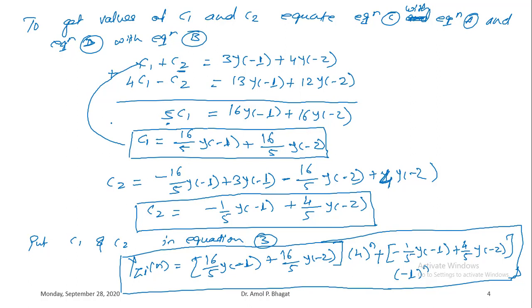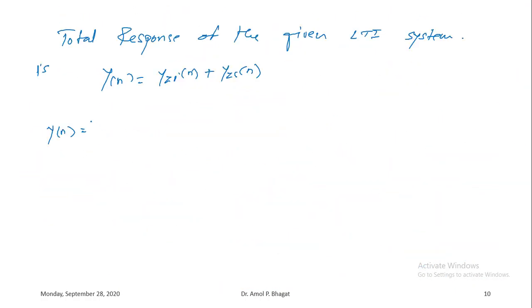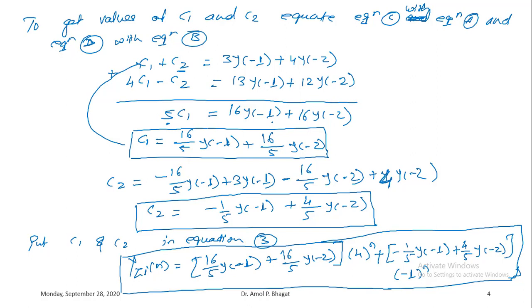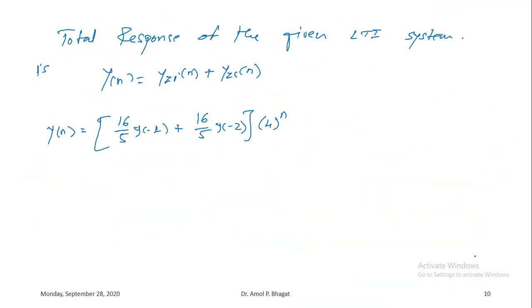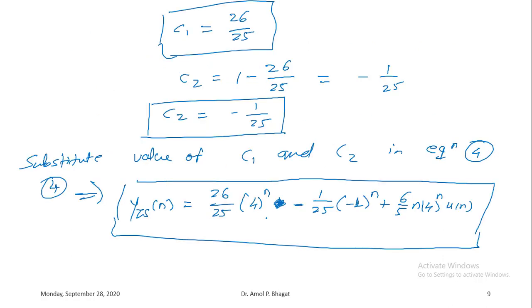So it will be 16 by 5 y of minus 1 plus 16 by 5 y of minus 2, times 4 raised to the power n, right? Similarly minus 1 by 5 y of minus 1 plus 4 by 5 y of minus 2, times minus 1 to the power n. Okay, that is the zero input response, and the zero state response is 26 by 25 times 4 raised to the power n